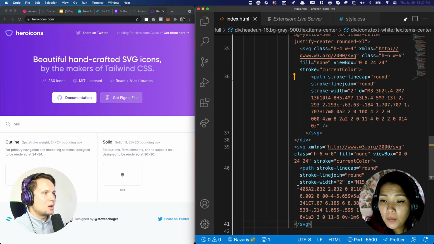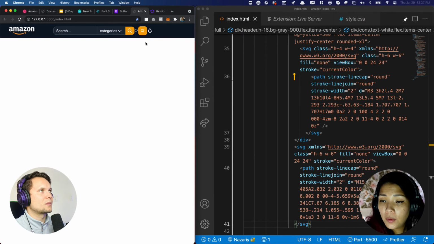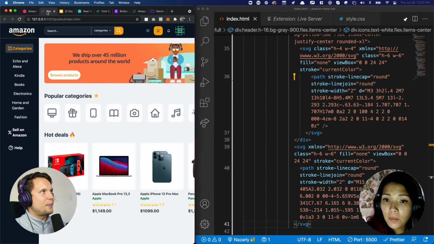So paste it in, boom, we got the bell icon now. Hey, there it is. It's still big, which I don't like, but that's okay. All right. Okay, we got the bell icon, and then finally there's this, which I have no idea how to